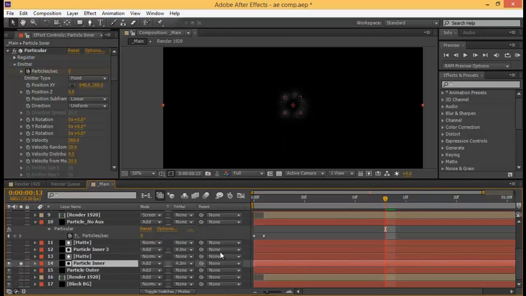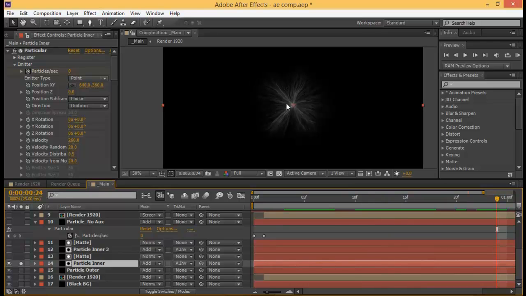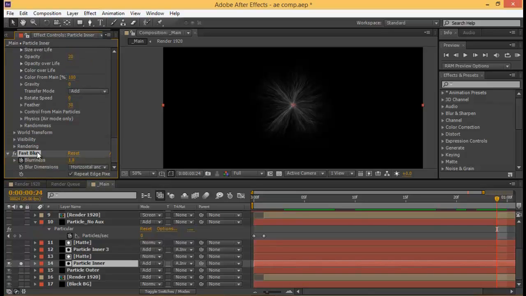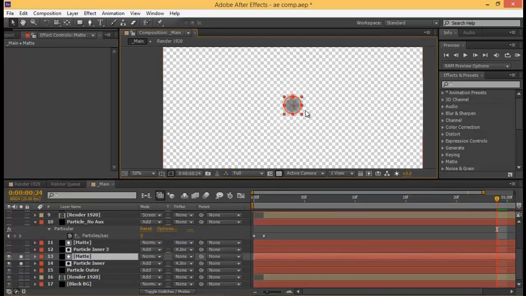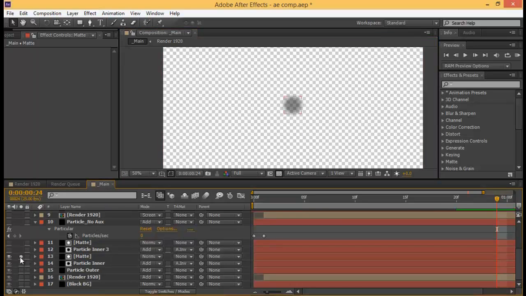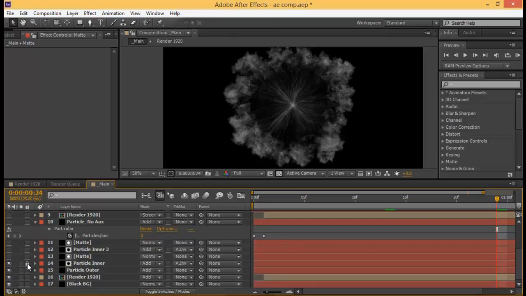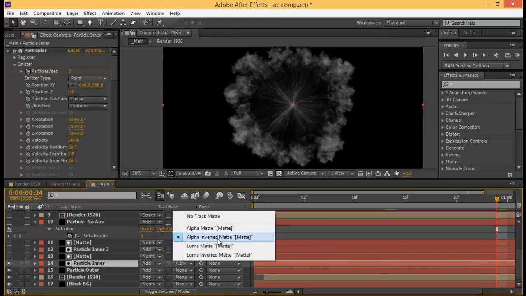Let me solo that one as well, and you'll see again some shooting particles, kind of like an electric force or something like that. Again, using just Particular and a fast blur, and he has also added a matte. Let me show that as well. Okay, it's just a simple solid with an added mask in order to add in an alpha matte. You can see here is an inverted matte, so he's just clipping the center part a bit,